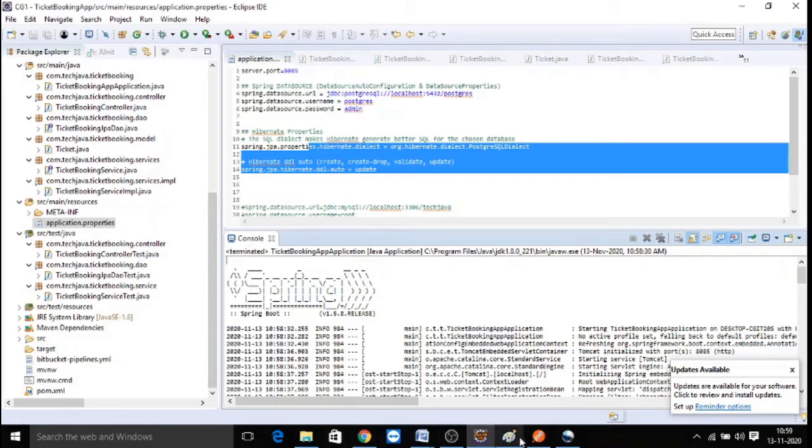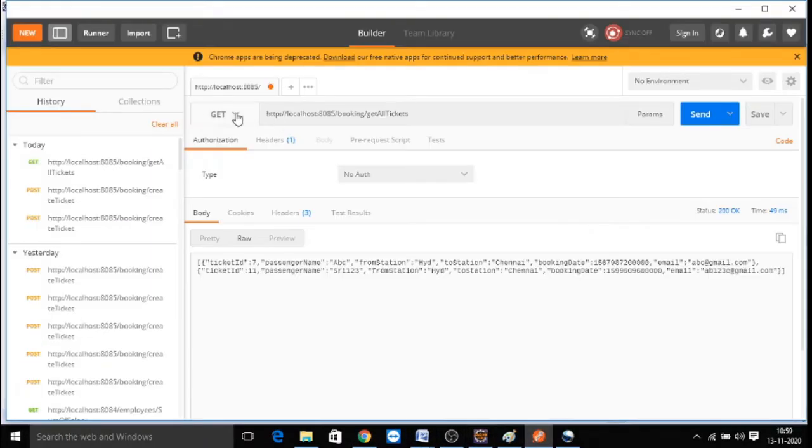we can just test the endpoints here to get all the available tickets. We can also get one particular ticket, and then update ticket, add ticket, okay, post.